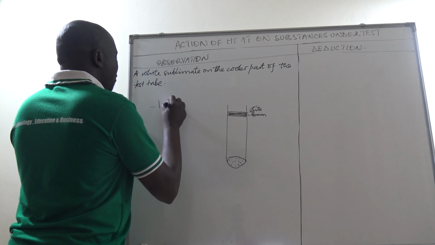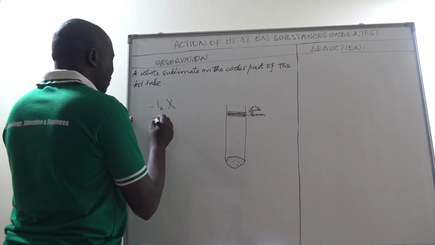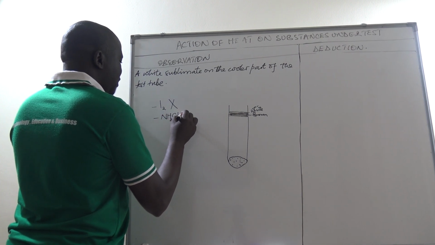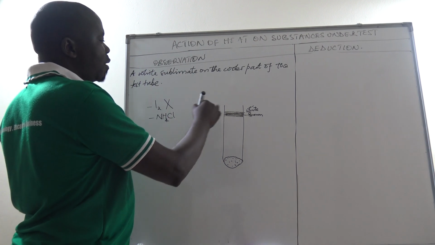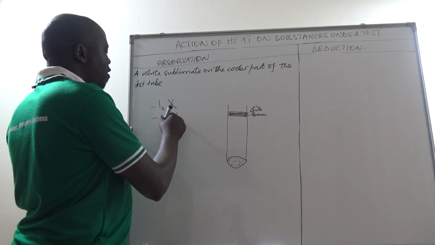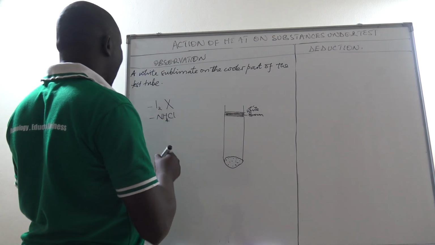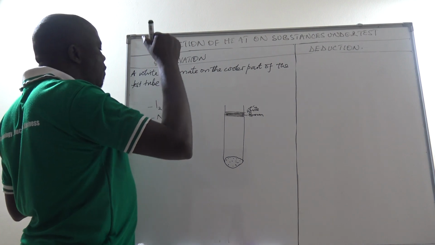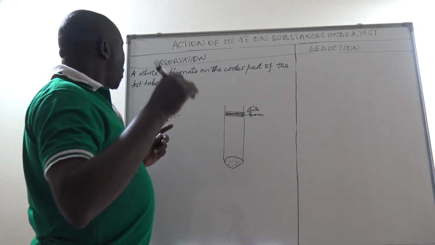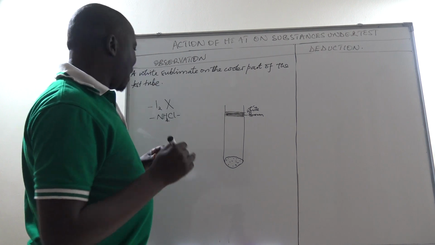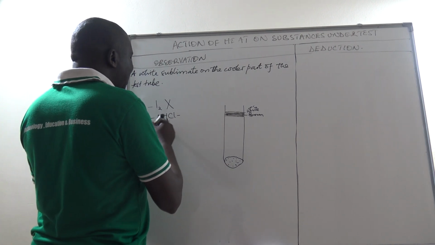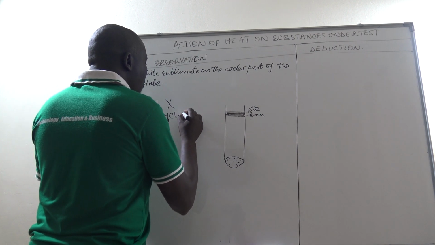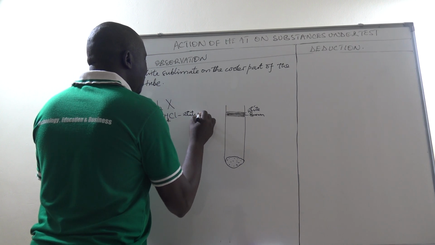We have iodine, which is not part of what we get in qualitative analysis. We have got ammonium chloride. Yes, we do deal with ammonium ion in qualitative analysis, and we also deal with the chloride ion in qualitative analysis. So this one, as you can remember, we say that ammonium ion is one of the ions whose salts are white in color. So the ammonium chloride, which is among the substances that can undergo sublimation, when you heat it, you get a white sublimate,